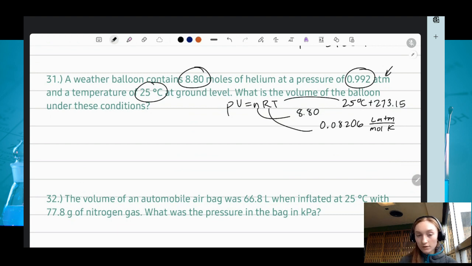So that's why it has all 4 units in it. And we're solving for the volume, and we know the pressure to be 0.992. So if we're solving for the volume, all we have to do is divide by P,